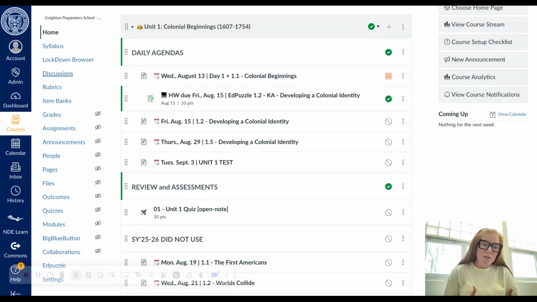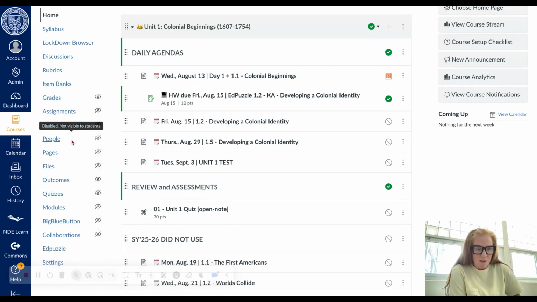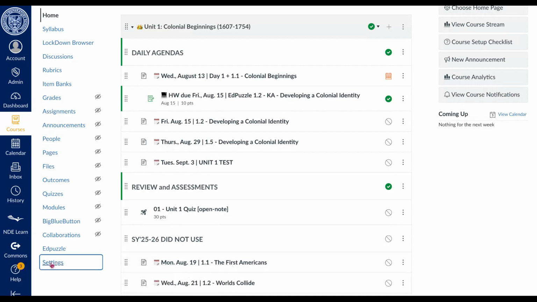What I would add to it, though, is if you're not seeing something and you think you should be able to, then you need to make sure that it's visible. So, for example, with Lockdown Browser or rubrics or item banks, to make it useful, you need to make it visible. Well, how do you do that? So all of this is managed through settings. So if I come down here and I click on settings,